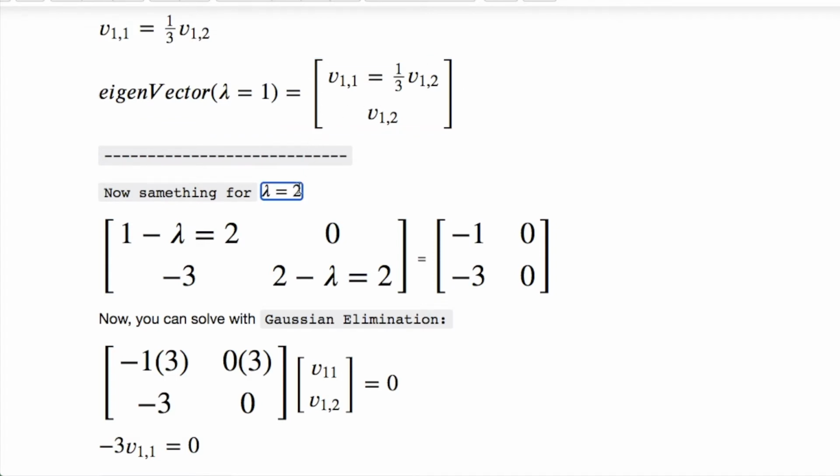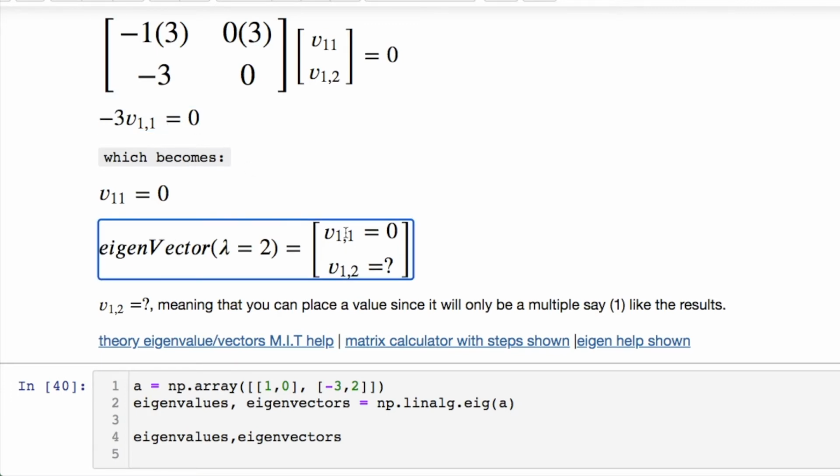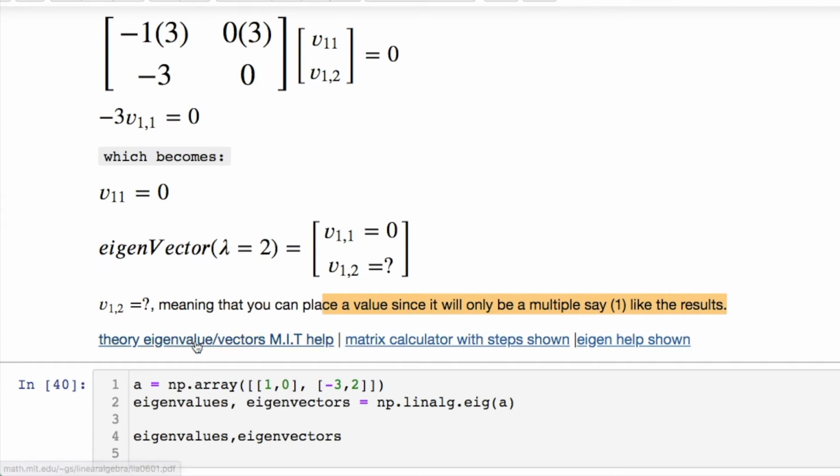We solve now for the second eigenvalue. Put that in here, end up with this, do the Gauss elimination, and you say, oh no, well this is junk. We got v11 equals 0, and we don't even have a v12. Well, dang it. We'll say let v11 equals 0. Now we have no value, so we could just pluck a value and say, okay, we'll say it equals 1. You can see what's going on here, and there's 3 examples I gave links to that you can read and get an idea.